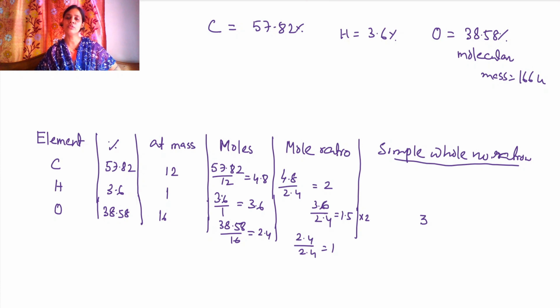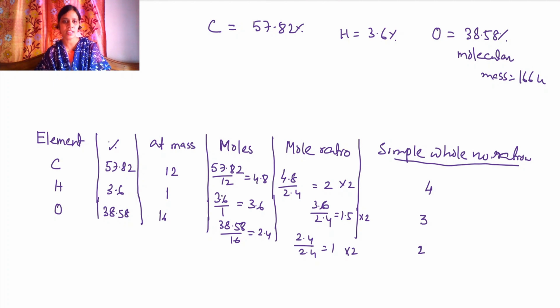Okay, we have to multiply all the numbers which are present in the ratio with the same number. So here I have to multiply carbon also by 2 and oxygen also by 2. So here I get the whole numbers 4 for carbon and 2 for oxygen. So the whole number ratio is now 4, 3 and 2. You know, whole number ratio represents which one, empirical or molecular formula? Whole number ratio represents the empirical formula.